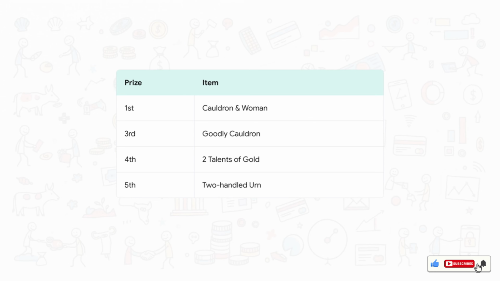Picture this. Think about the prizes given out for chariot racing in Homer's ancient epic, the Iliad. Back then, wealth was benchmarked against highly practical things. First prize, a massive copper cauldron. Third prize, a well-fattened ox. But sitting right there in fourth place is 2 talents of gold. Notice that gold wasn't the absolute top prize. It fit into a very specific, practical hierarchy of value.